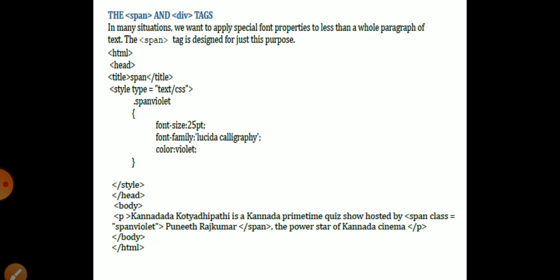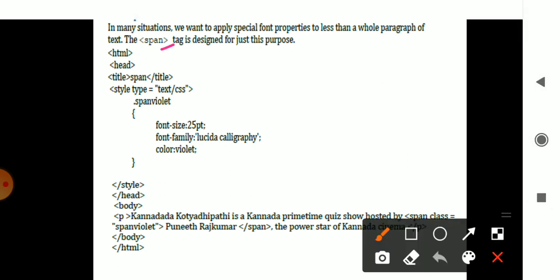Okay, so span is nothing but, I may use certain words, one line or two lines, and I want to make a certain font size, font color, font type, that I can mention through the help of the span. Okay, so here you have the HTML tag, head tag, title is span, then style type is text type, cascaded style